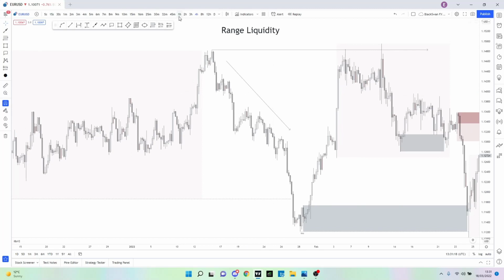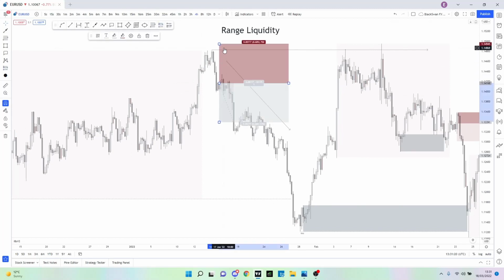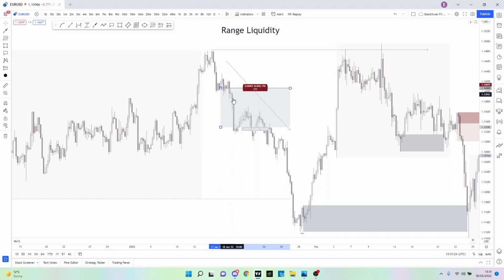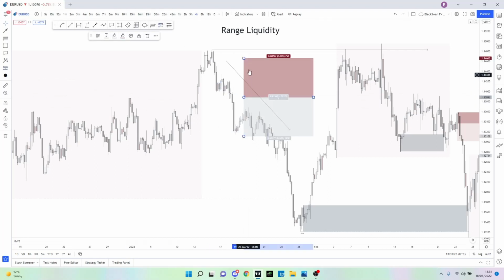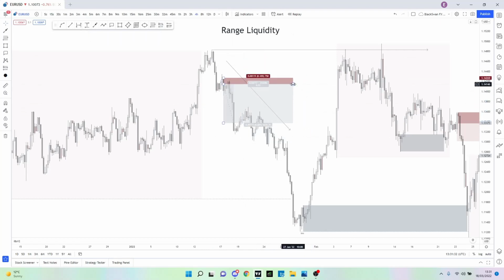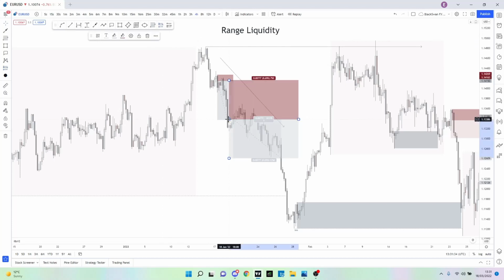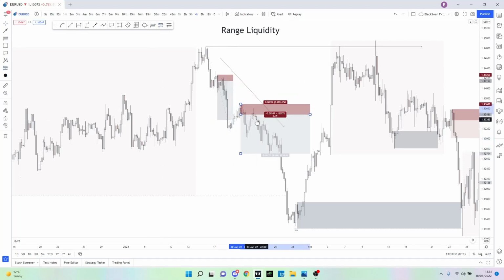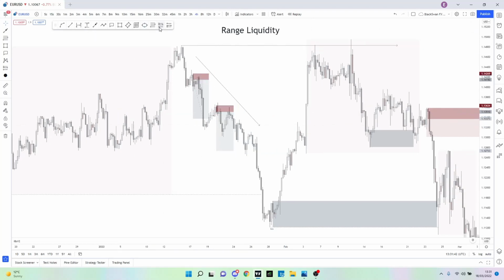So previously it'd be absolutely fine to sell here. To sell here, that would be fine. Sell here, that would be fine. And we could sell here,